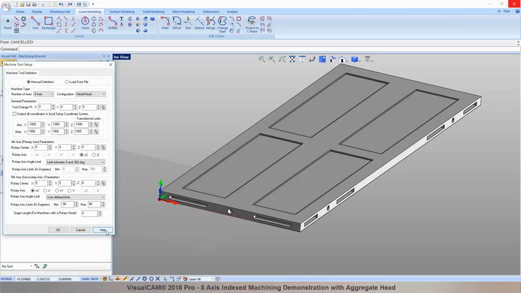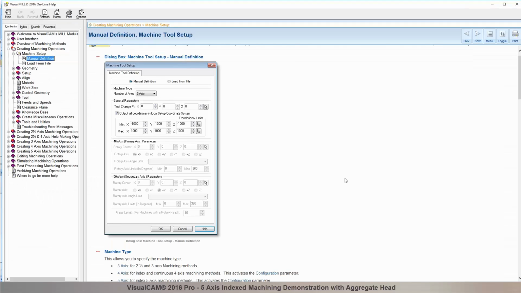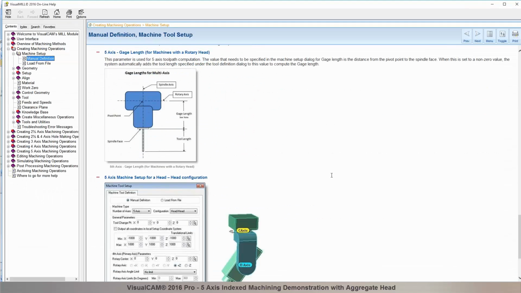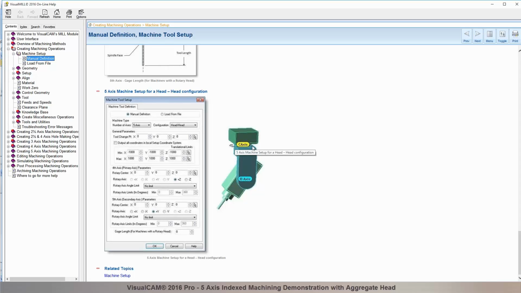If you go up to the help documentation here and look at the 5-axis setup, the primary is the rotation about the Z-axis. Okay, gotcha. The secondary could be a rotation about the X or the Y-axis. We call it C and B or A and B, however the controls have been labeled. So if you did a fixed aggregate where it doesn't have a Z-axis, where you just have 2 outputs or 4 outputs,